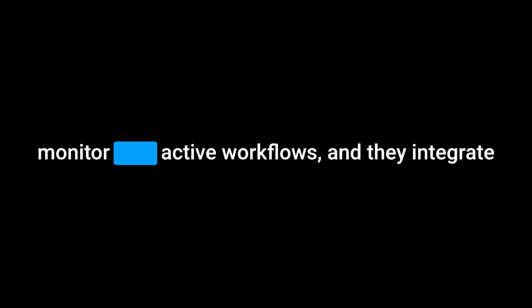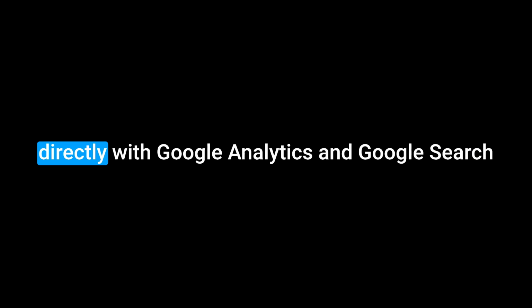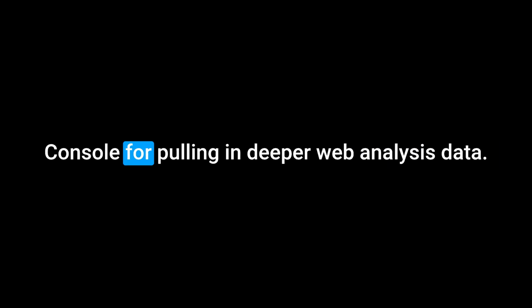General reporting includes comparative reporting, allowing you to compare performance across multiple campaigns side by side, list growth reporting over time, and those incredibly detailed individual subscriber profiles that aggregate all known data and activity for each contact. You also get automation real-time reports to monitor your active workflows. And they integrate directly with Google Analytics and Google Search Console for pulling in deeper web analysis data. They also offer a helpful monthly account summary email and versatile report export options if you need to analyze data offline.